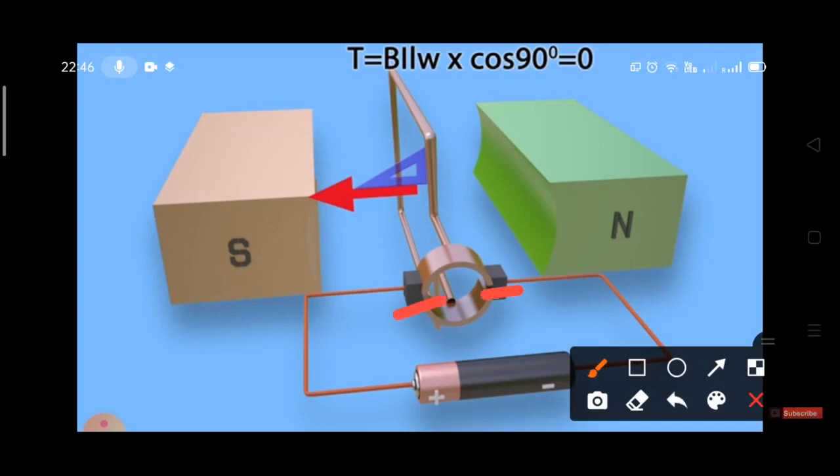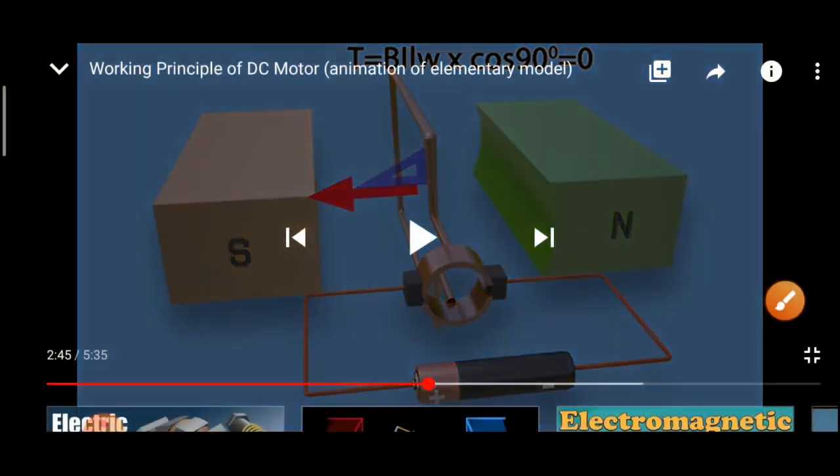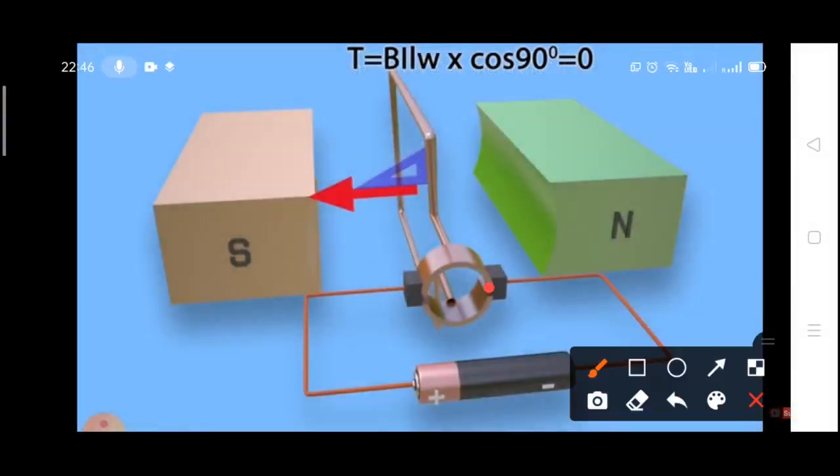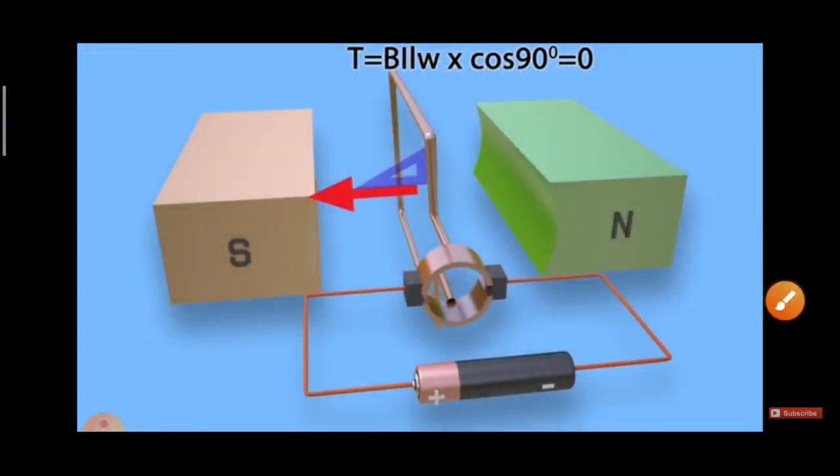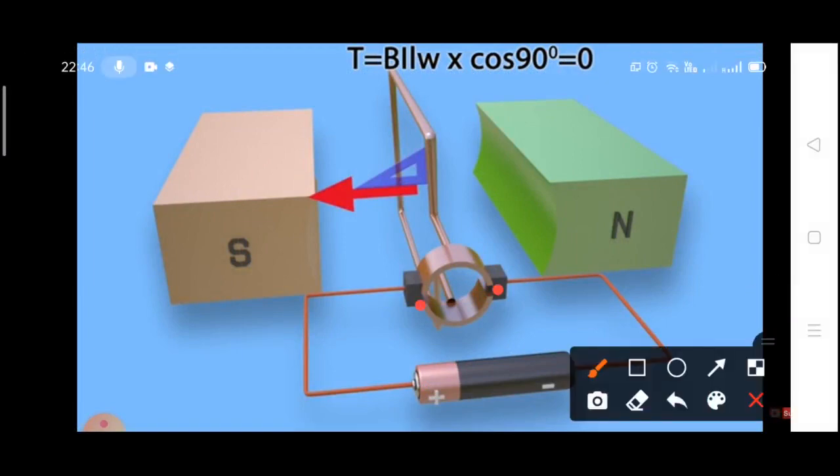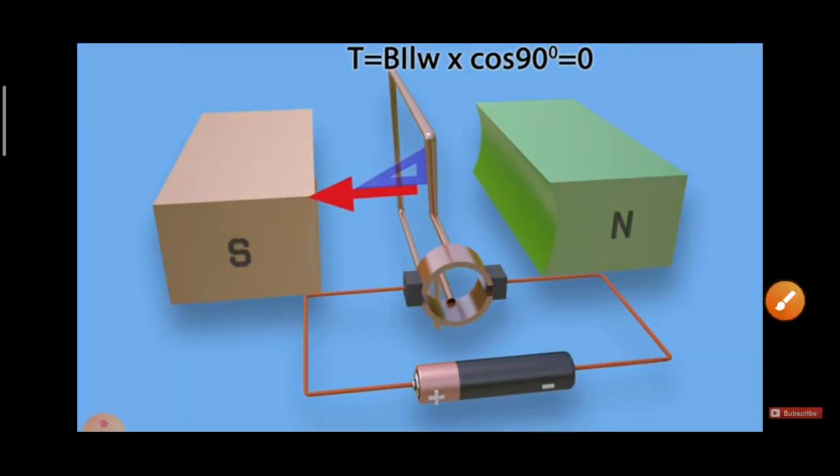split rings. Here there is a gap, so no current is flowing because the circuit is now incomplete, because here the circuit breaks as there is a gap. So in this case, due to moment of inertia, because this coil is continuously rotating, it will continue to be rotated. So due to moment of inertia, this coil